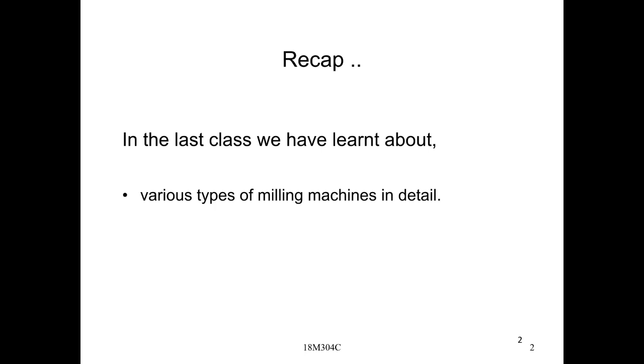The principle is nothing but this: the cutting tool is placed on the arbor, right? The milling cutting tool is placed on the arbor. It is a multi-point cutting tool, right? And next, it is again placed on the arbor unit. So what is the main function of the arbor? To hold the cutting tool and to minimize the vibrations of the milling machine.